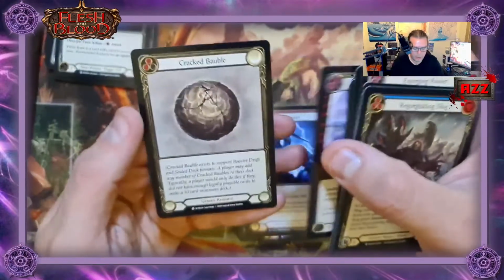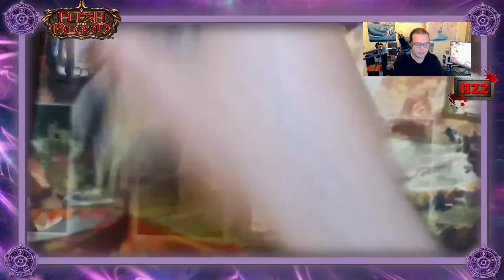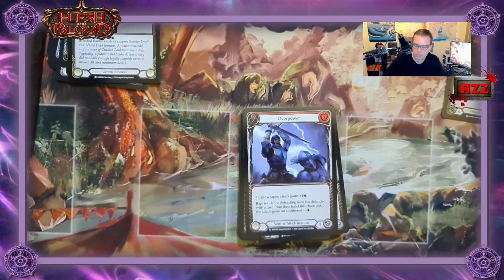What does everyone feel about rares being in the middle of the pack? Better or worse? I mean, it does protect them, doesn't it? But